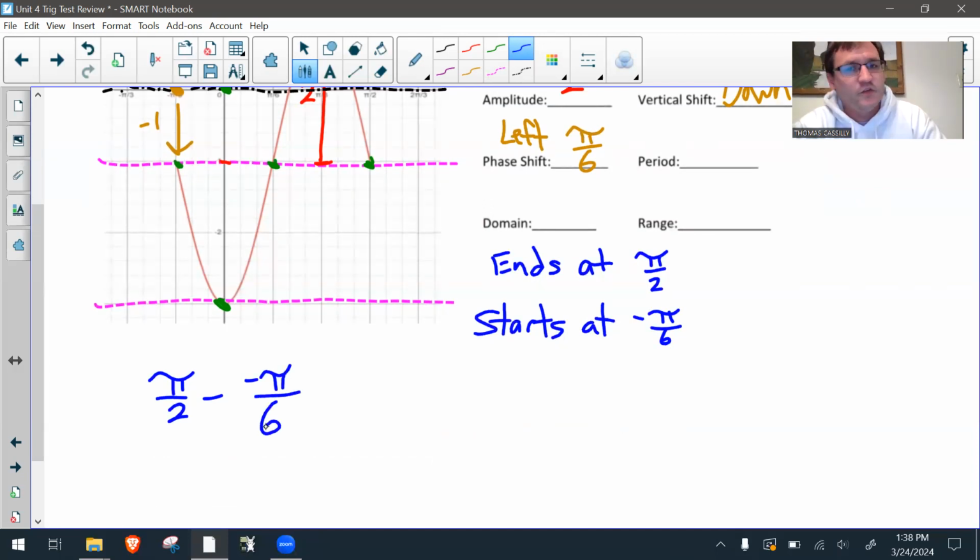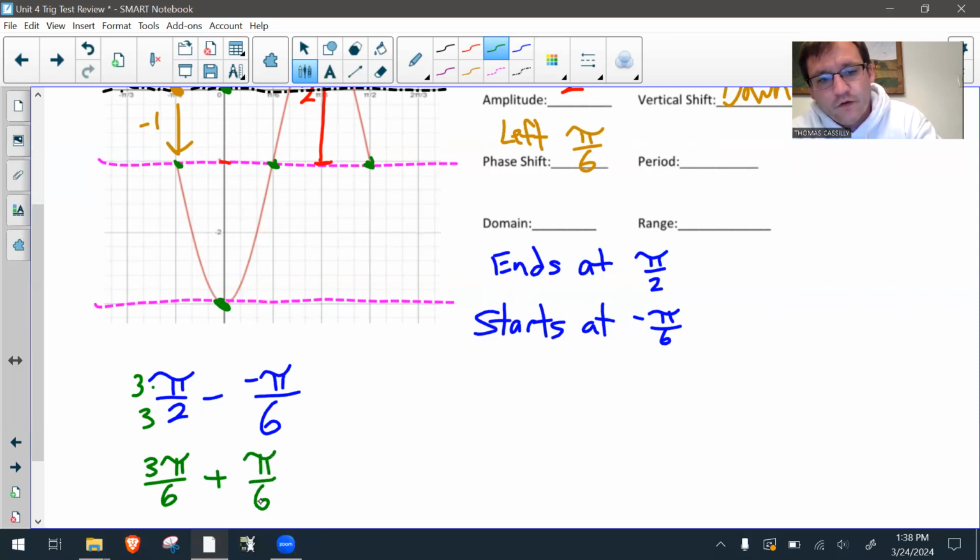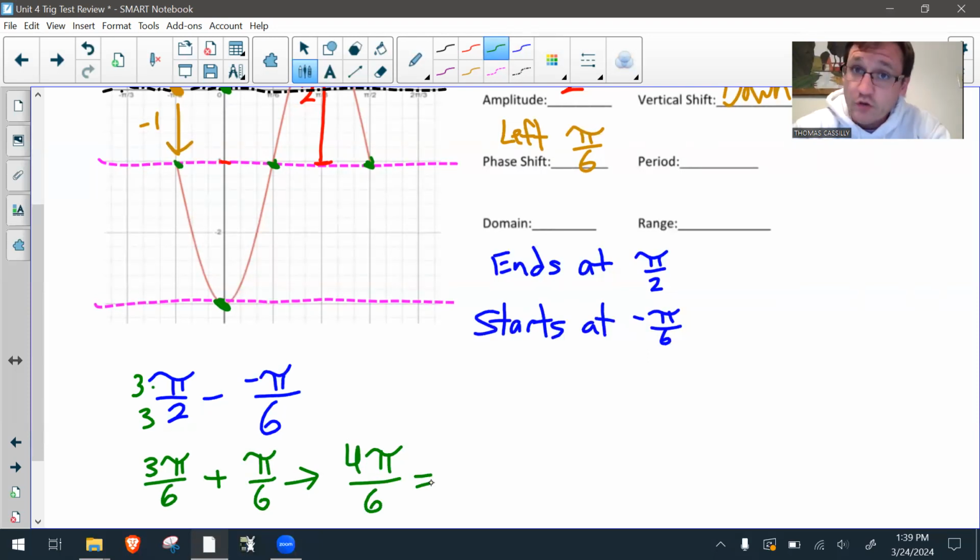All right, so in this unit, there are a lot of fractions involved here. So let's just kind of recap. Anytime you add or subtract fractions, you need that common denominator here. So I'm going to go ahead and multiply both the top and the bottom of the first one by 3. That's going to give us 3pi/6. And then minus a negative, that's plus pi/6. All right, so add those together. That's going to give us 4pi/6. All right, and you can always reduce your fractions. You should always reduce your fractions. That's going to leave us with